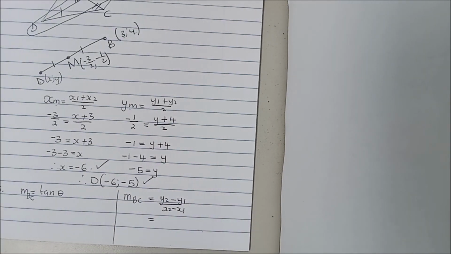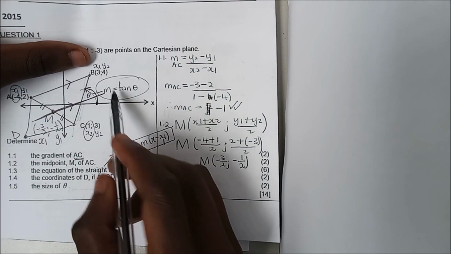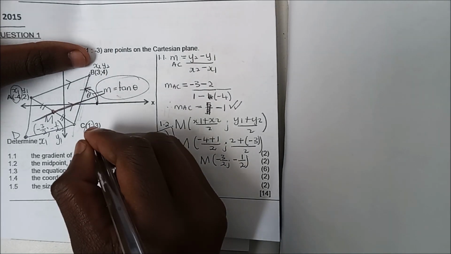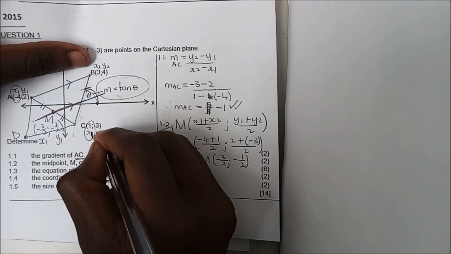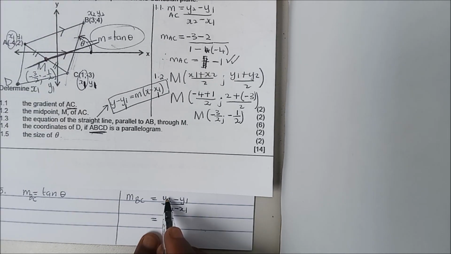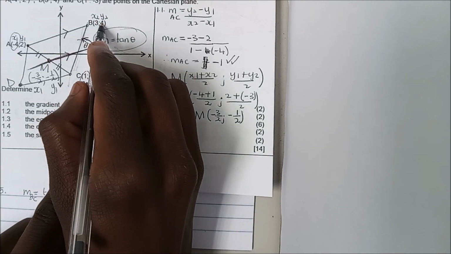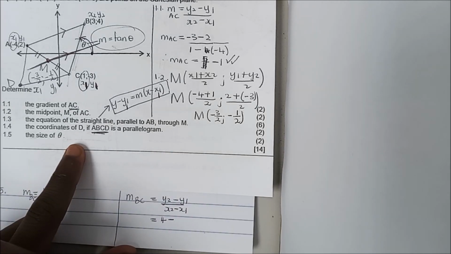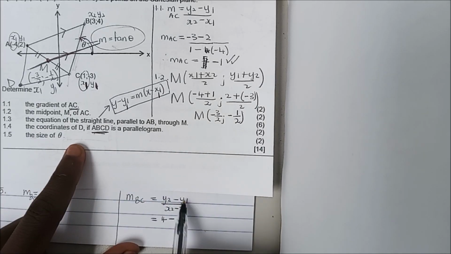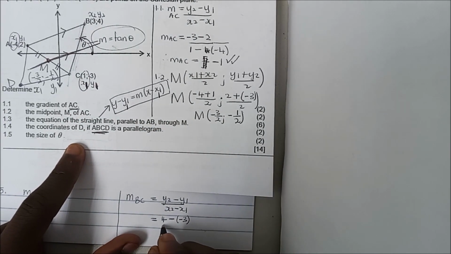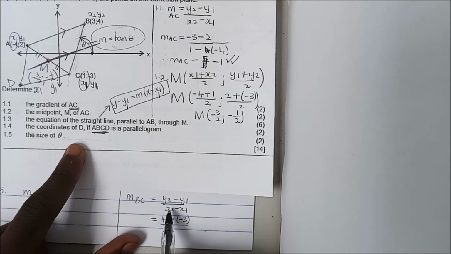So let's go ahead and name. From our naming, we have x2 and y2, and then we can make the other one x1 and y1. So now we go ahead and substitute. What's going to be our y2? We just read from that. That's going to be 4. So we have 4 minus, and then what's going to be our y1? From the formula, y1 is going to be -3. So we have minus -3 all over